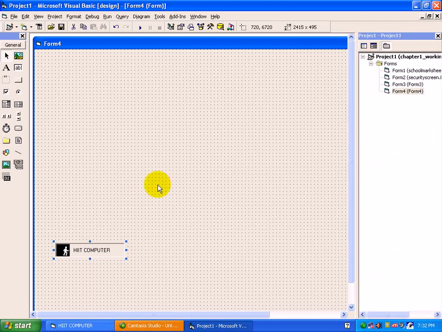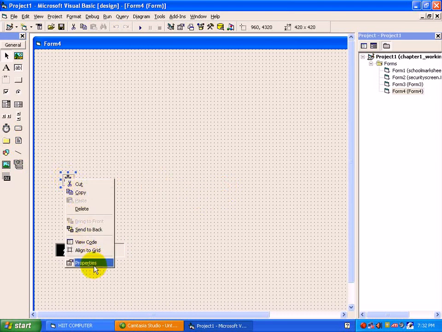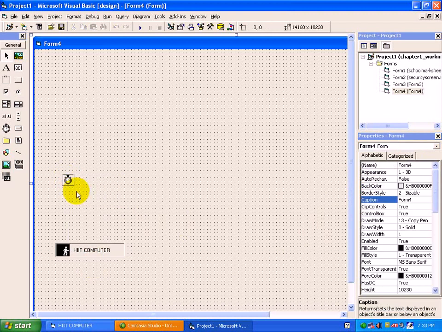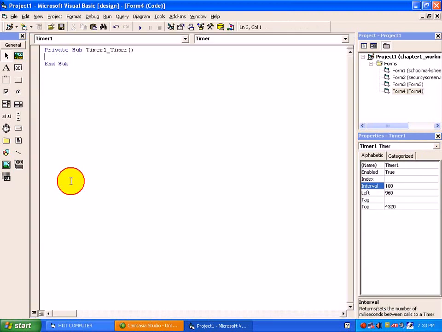In this video, with the help of the left property, we will see how to move the picture box from one place to another place as per the specified time. For that purpose, we will have to take a timer to execute the code as per the specified time. We will set the interval property. One second time we are setting here. To write code, just double click on timer.